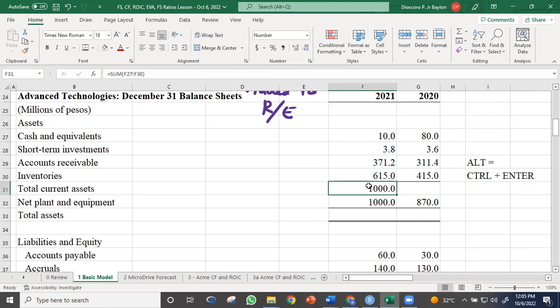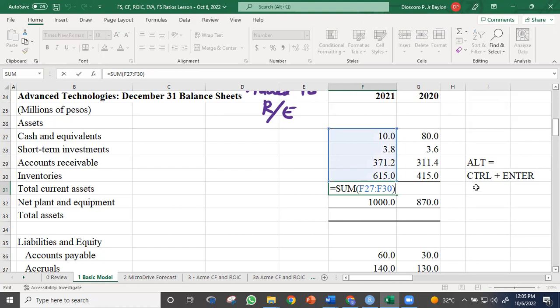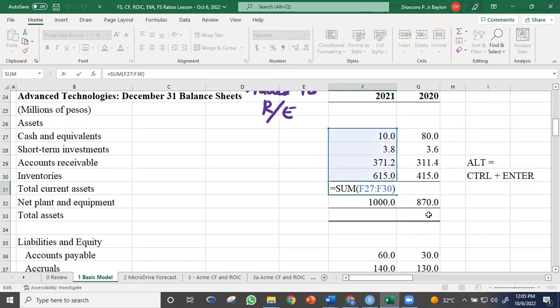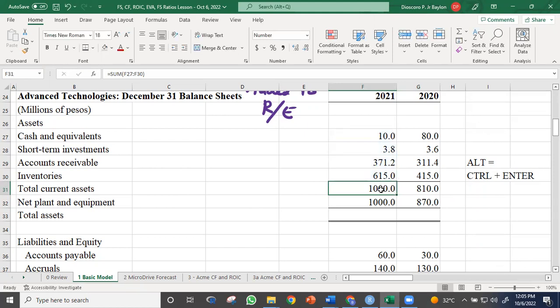So notice, as compared to if I press Enter here, then it will go down, and then I move up again, and then copy to the right. But if I just press Control and Enter, it will remain in the active cell, and then I can just copy to the right. Okay, so we now can compute our total assets, which is the same thing, Alt+=